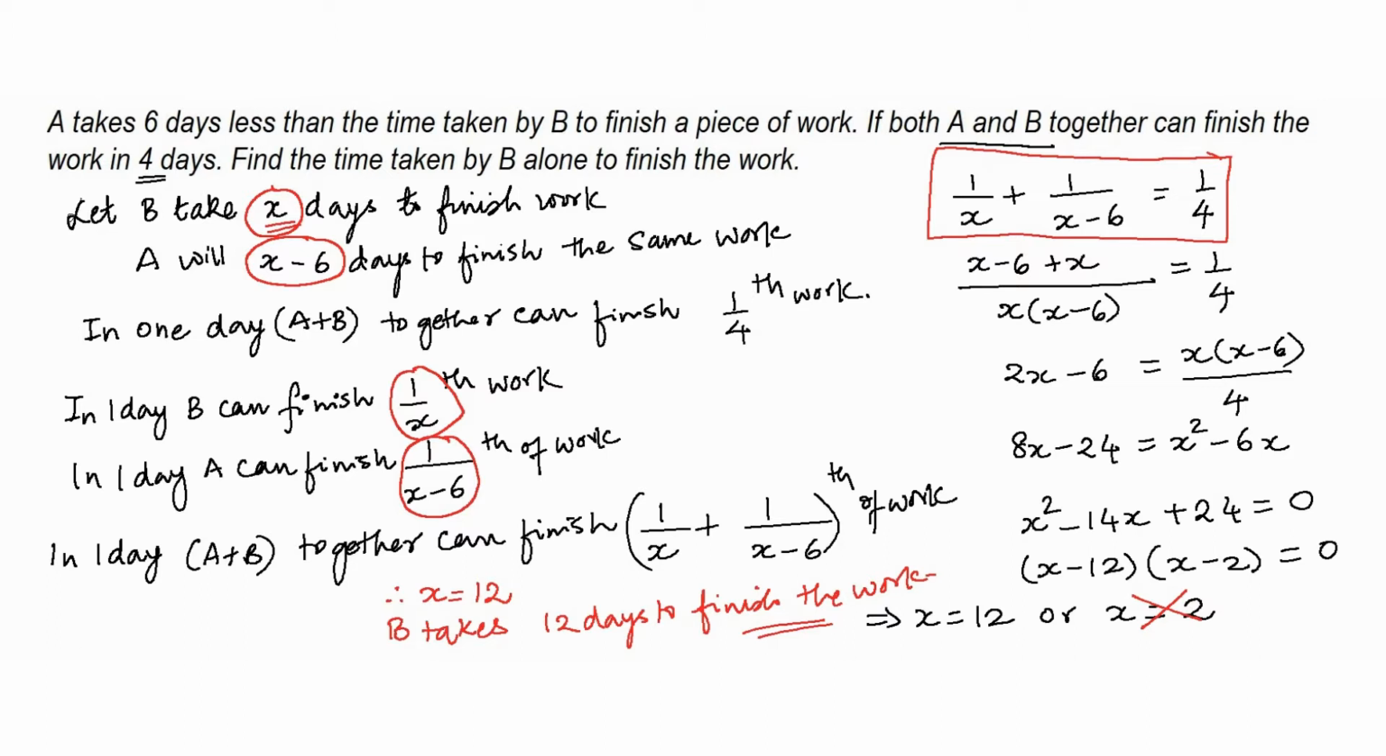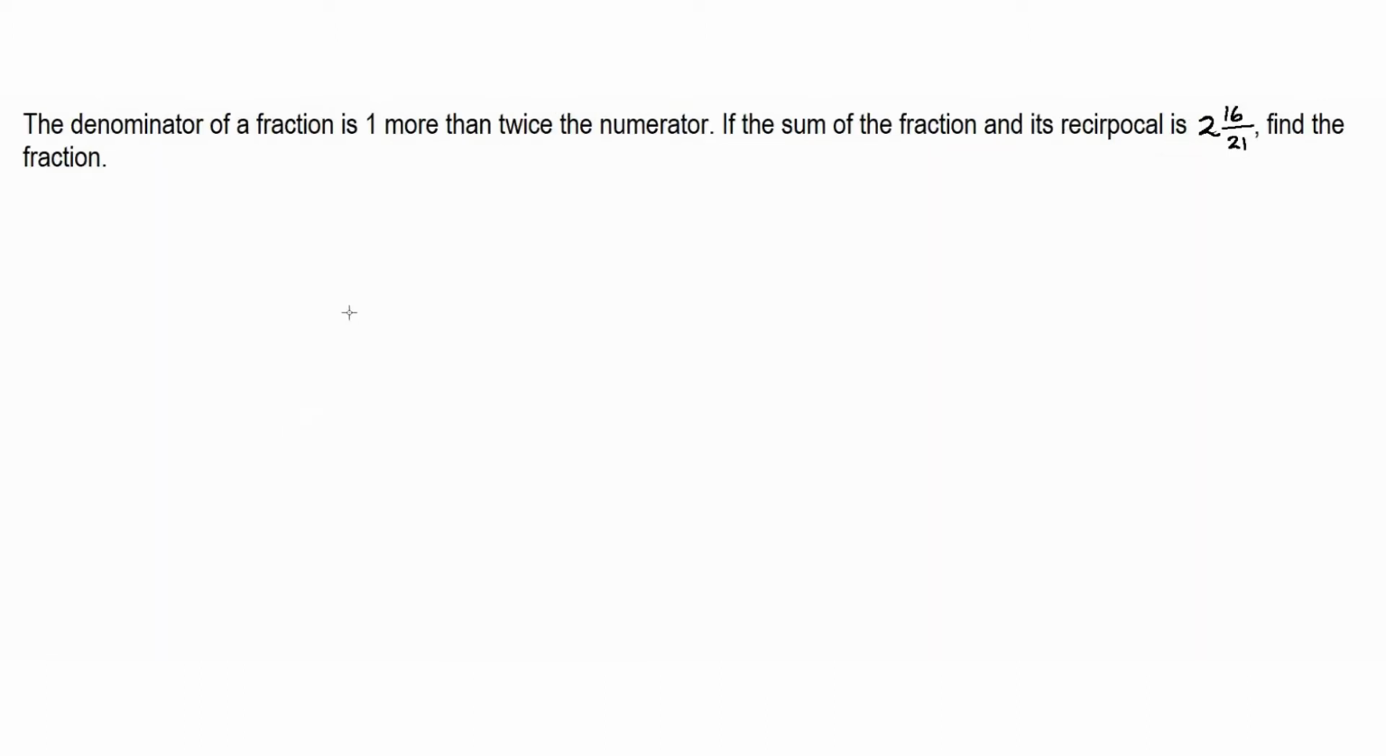Moving on to the next question. Let us consider the following question. The denominator of a fraction is 1 more than twice the numerator. If the sum of the fraction and its reciprocal is 216/21, find the fraction. So it's given that the denominator is 1 more than twice the numerator. So what I can do is, I can assume that let the numerator be x,